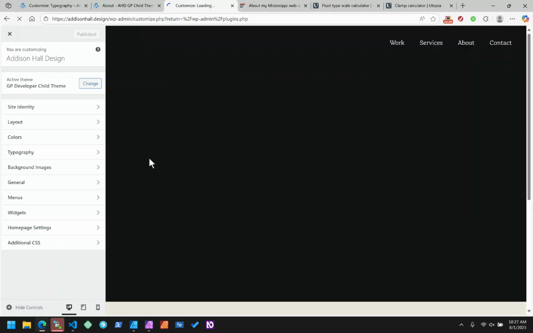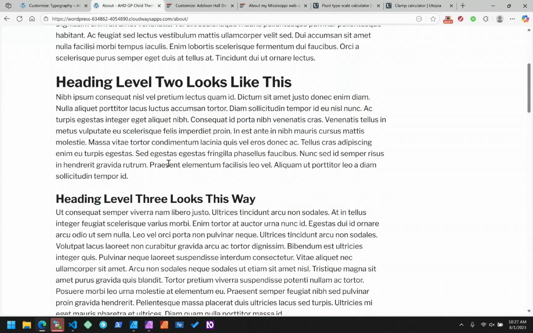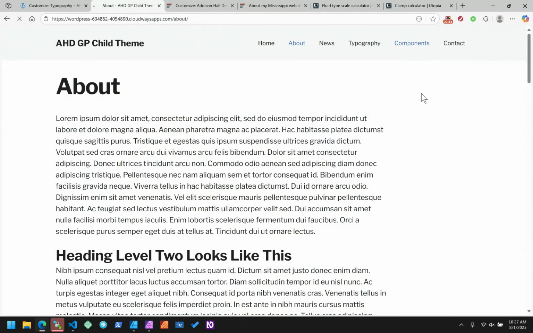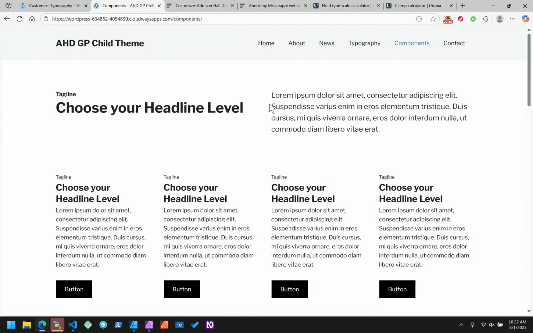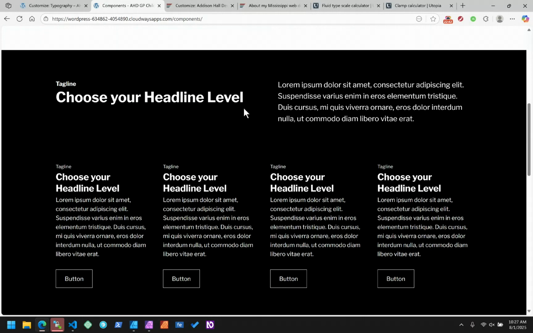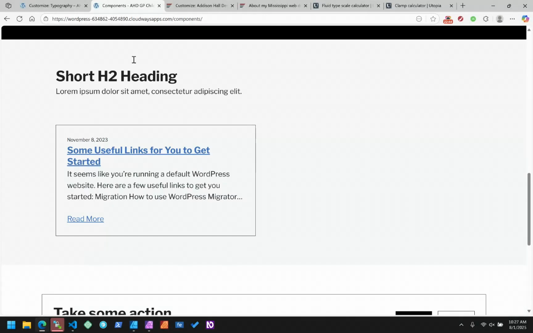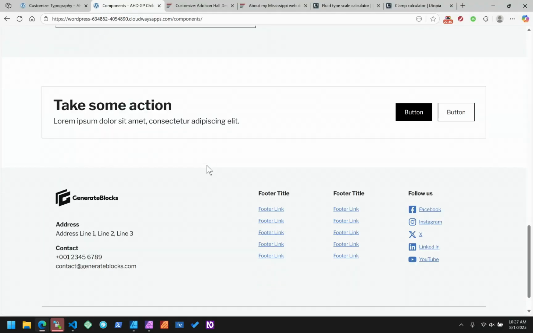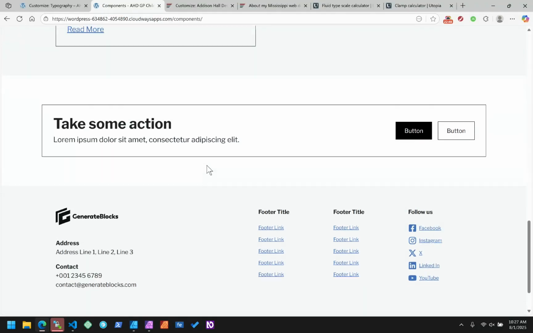So if you're using two different fonts, if you're using one font, you're all good. So here it's all kind of set up. Even if we go over to the components, and these are dropped in from the pre-built components from GenerateBlocks. I just wanted to see how it would work, and so far so good. This is all using those fluid font sizes and the